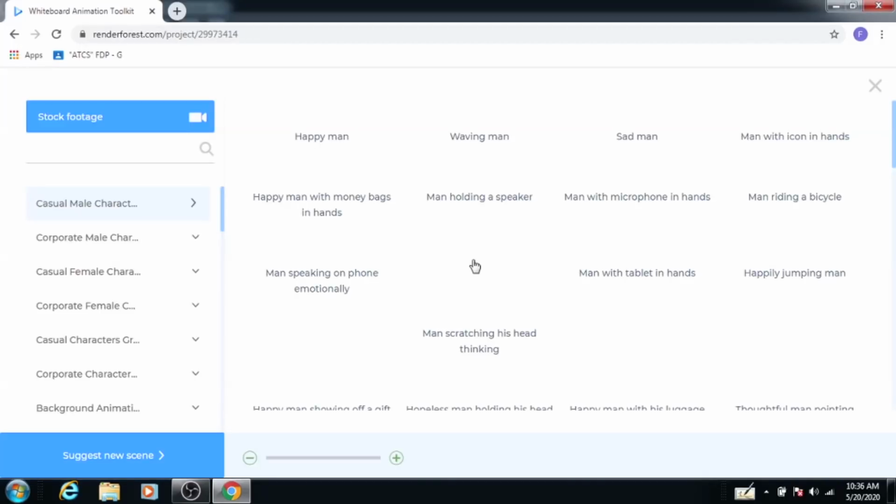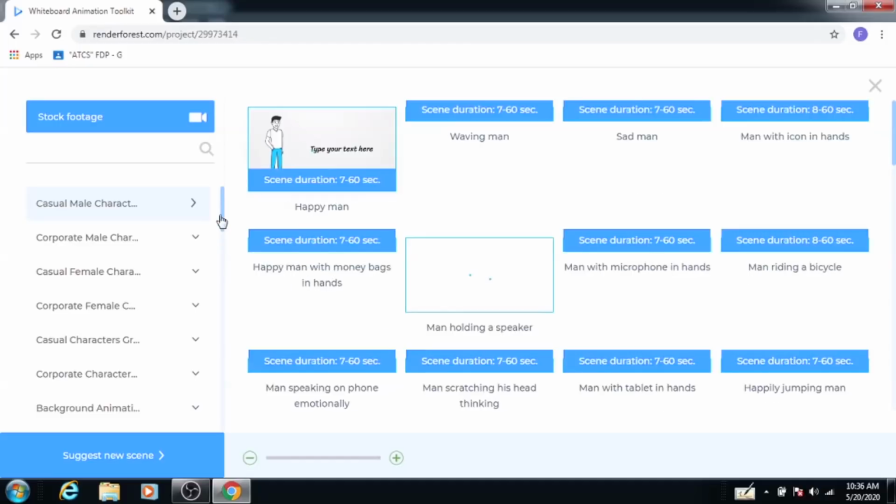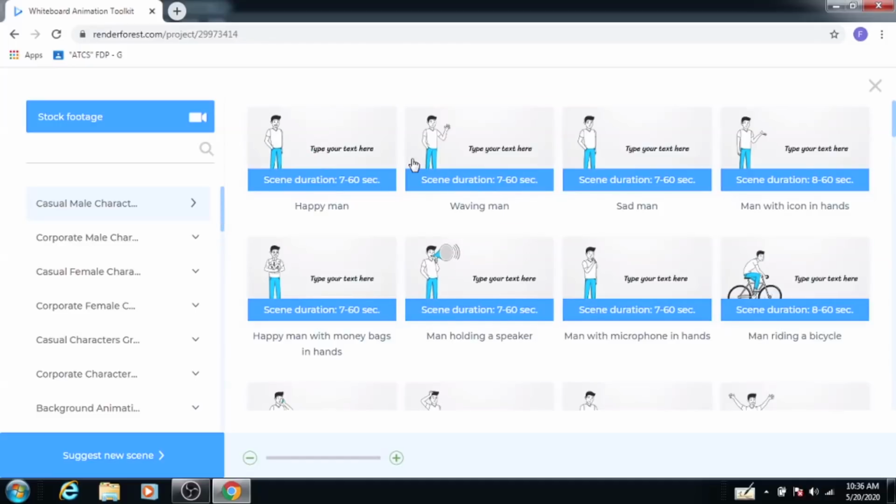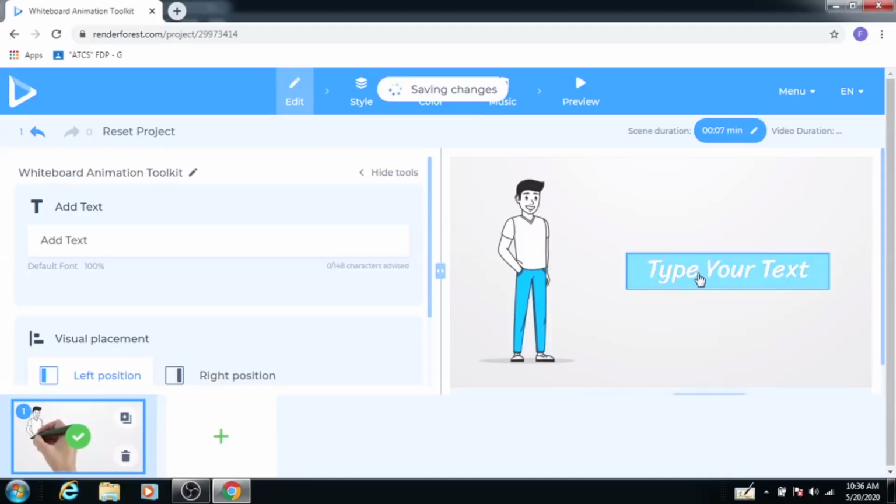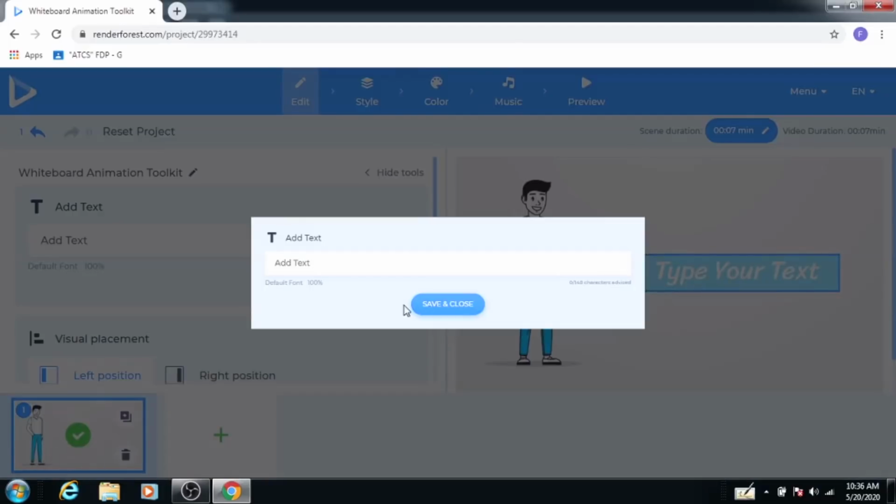From this side, you have to select your character: happy man, waving man, sad man, man with the icon in hand, and happy man. A number of options are there. So now select the first one, make one click on this icon and then insert.